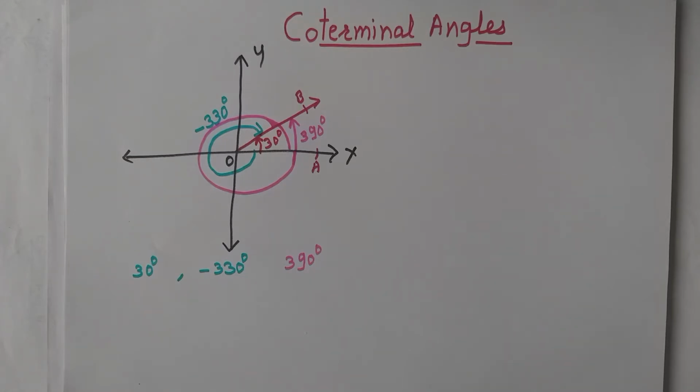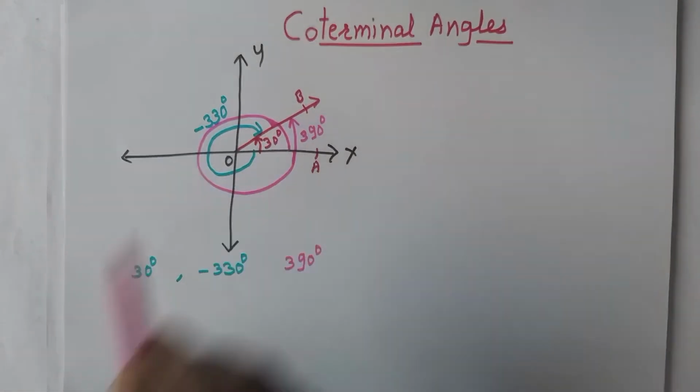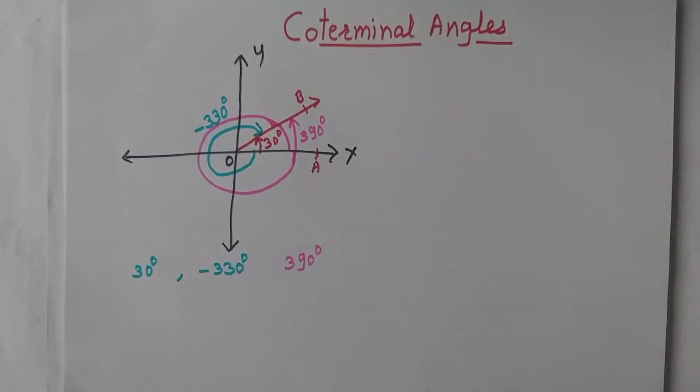But if the measure of an angle is more than 1000 degrees, then we have to take so many rotations to represent that angle in a plane coordinate system. And in each and every case, it is not convenient to draw a diagram or figure every time. Then what is the trick or formula to show whether the angles are coterminal or not? If two or more angles are coterminal, you take the difference of those two angles. If the difference is a multiple of 360 degrees, then the angles are coterminal.